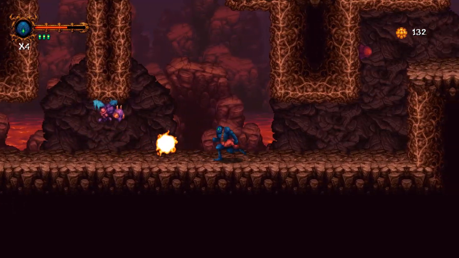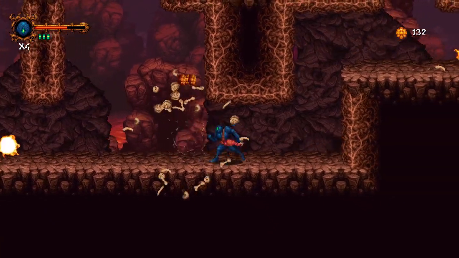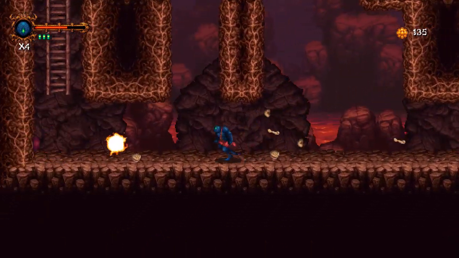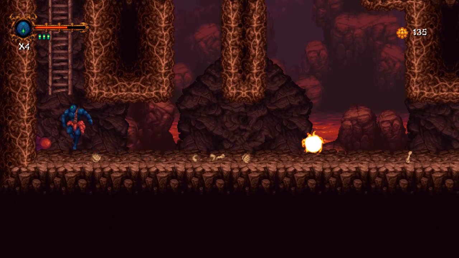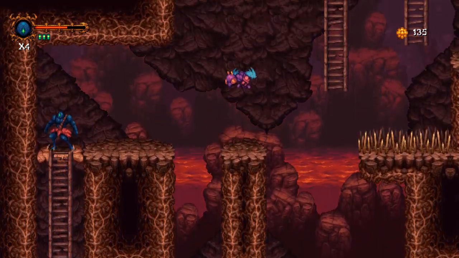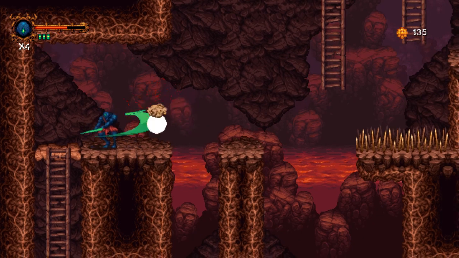And then finally, a lot of people look at the game and they think from the trailer or the screenshots that it's a Metroidvania, but actually it is just a linear action platformer. So the game is principally linear. There's 10 levels. Each level has a boss. So there's 10 bosses in the game.